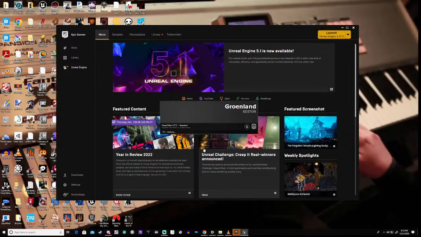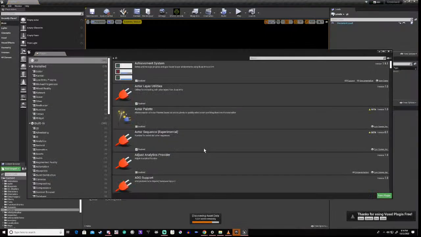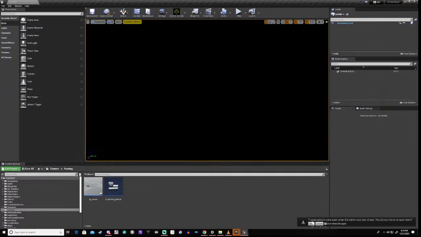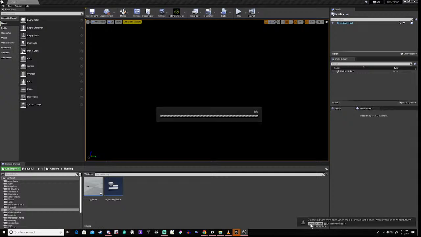What we're going to do is go through the process of copying over a Cascade particle asset over to a Niagara. Okay, so we're going to open this, right, and once this is open,